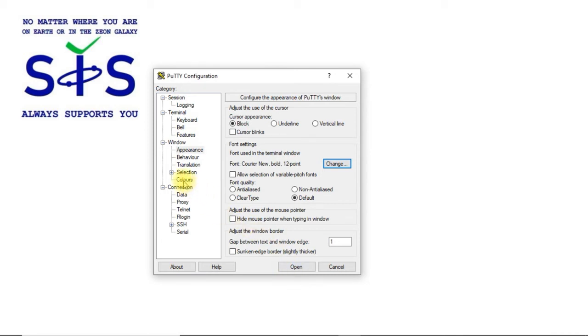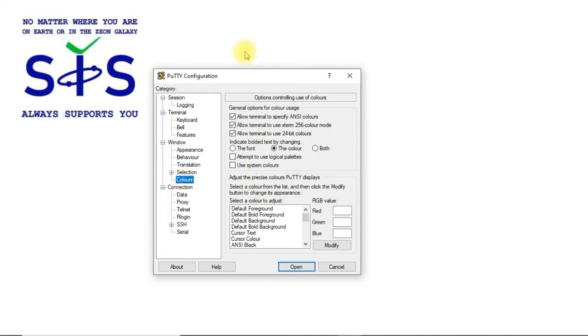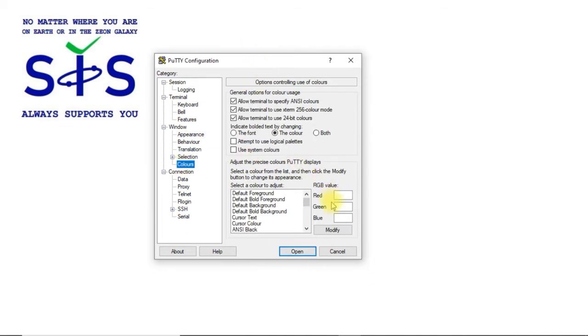You can of course change the colors for your cursor text. Let me say 205 and next 50.